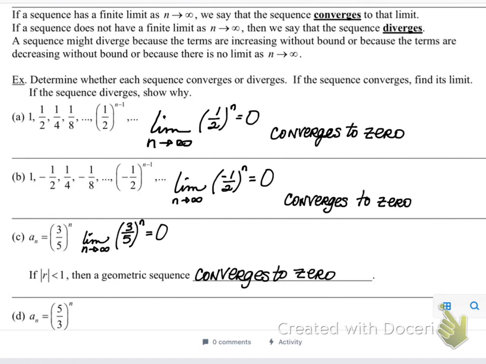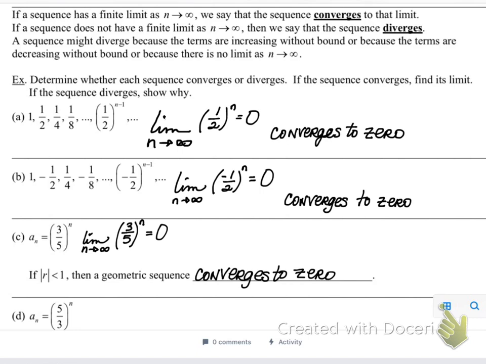In the first example, your values are just getting smaller and smaller, so it does converge to 0. That's fairly obvious. In the second one, although they bounce back and forth from the positive to the negative, they are still getting closer and closer to 0. And on the third one, they are getting smaller and smaller, and it also converges to 0. So we can hypothesize from that if the absolute value of r is less than 1, then the geometric